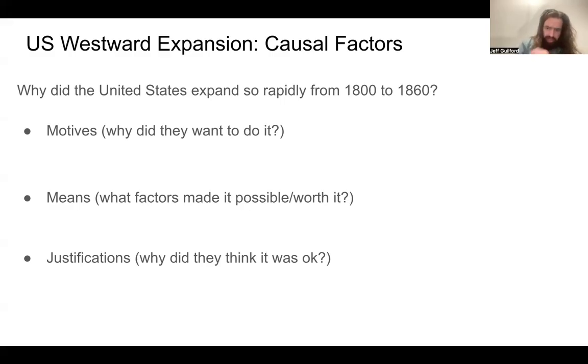And two key factors here are going to be the railroads and then also the mass production of industrial era weapons like the Colt revolver and stuff like that. So it's just going to be way easier for the US to get people out there. And then when they get out there, they're going to have a whole new level of firepower that was not available to earlier empires. And for justifications, it's unfortunately quite simple.